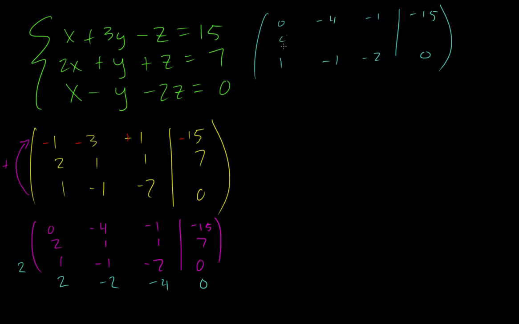So add that, we get a 4. Whoops, I should have done negative 2. Okay, sorry. So we add those, so we get a 0. That's what we were trying to do. Add that, we get a 3. Add that, we get a 5. Add that, we get a 7. Okay. Now,